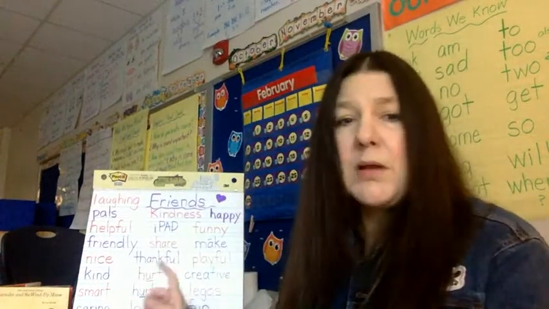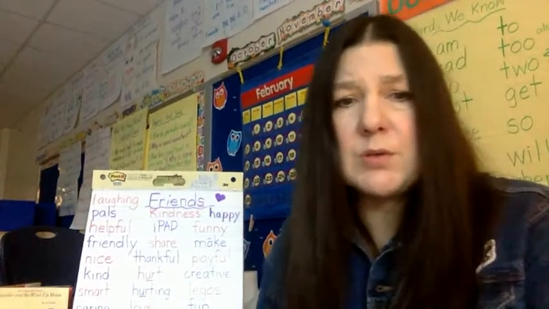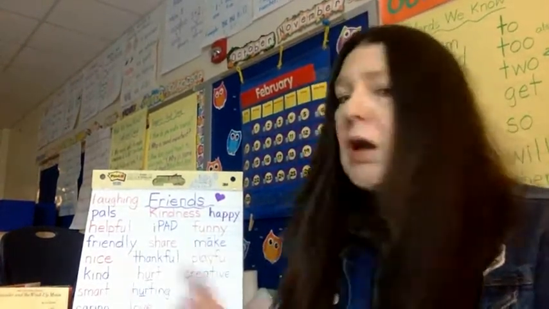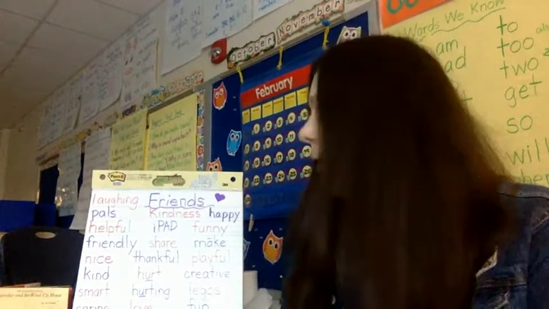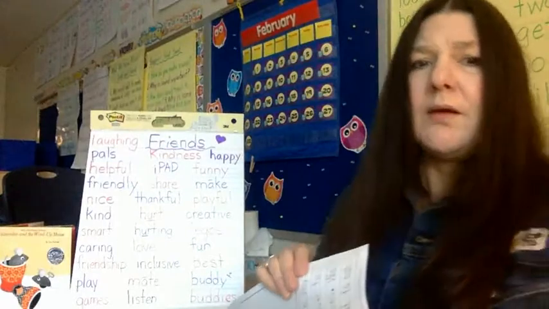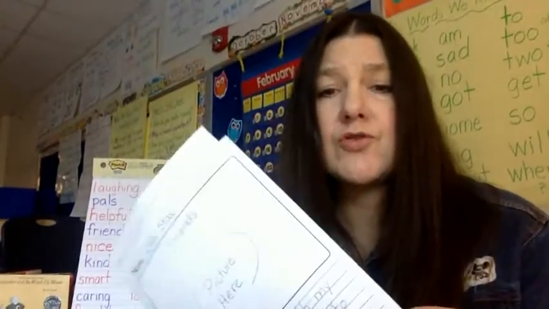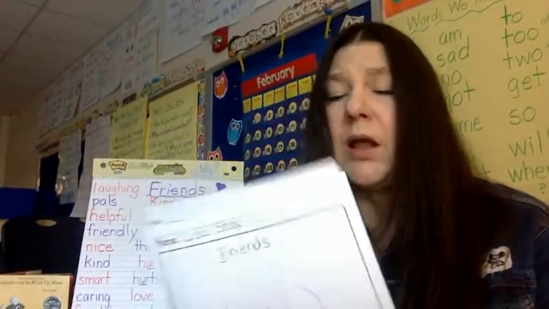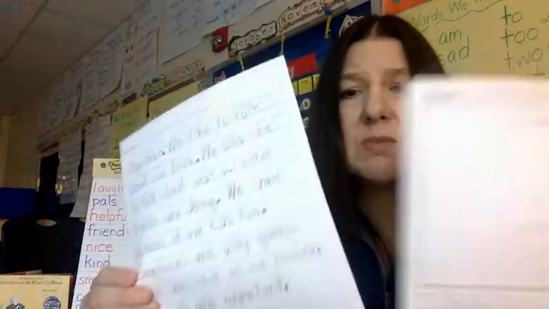Now, one of the things you can do is we brainstormed some words, and you might want to use some of those words. Like we had helpful and friendly in the list. We had our friends make us happy. So this list is also going to be attached to your story writing area. Now, if you can print, I would like you to use these two pieces of paper.